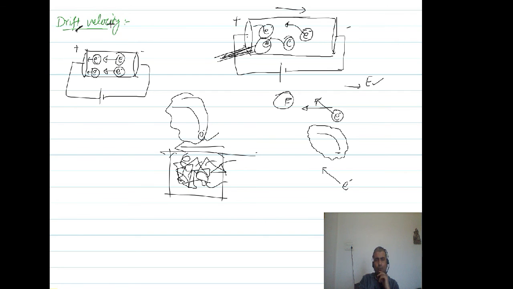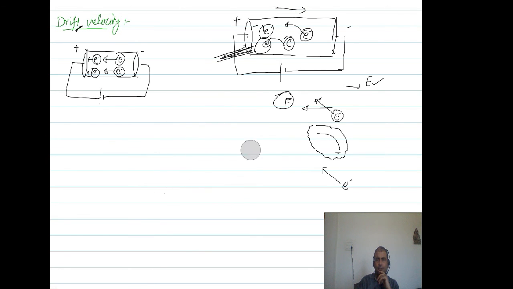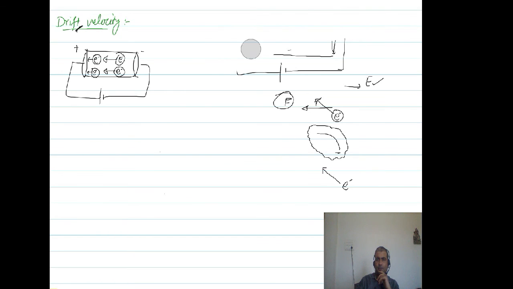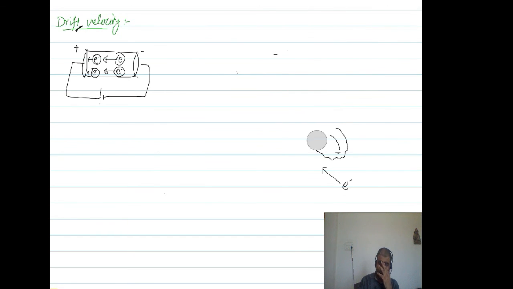So how do we define drift velocity now? Let me come back to the point. Definition of drift speed. Students, I took more than enough time describing drift velocity, because this concept seems a little confusing for many students. I don't want any confusion. I want every single picture clear in front of you. That's why I explained all these things.